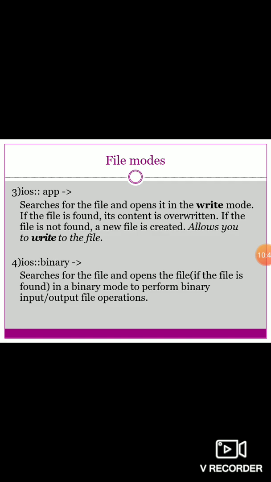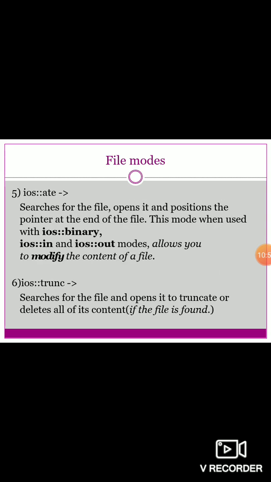Next one we have the binary operation. It will just search for the file and open the file. That means अगर फाइल है so it will open that file in binary mode. It will perform binary input output operations. Next one is ate. Ate is nothing but to set the initial position at the end of the file.